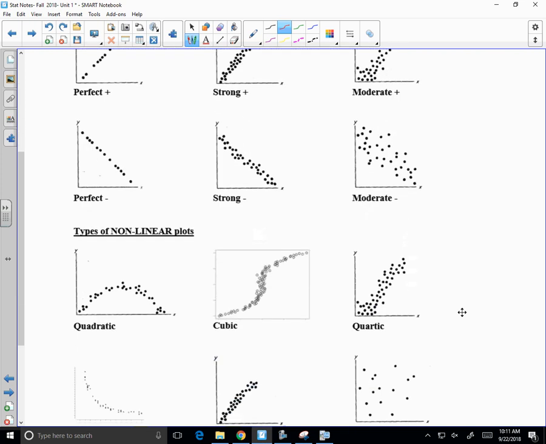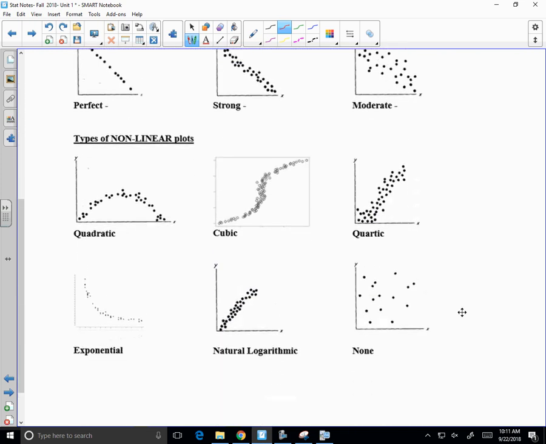You could also have some nonlinear plots, cases that wouldn't fall into a perfect line, for example. Maybe you have a quadratic regression or a quadratic plot or correlation. You might have cubic, quartic. These are all different types of polynomial functions from algebra and pre-calc, if you take those courses. Exponential. This is supposed to be natural logs, but really what I did, and I did this on purpose,